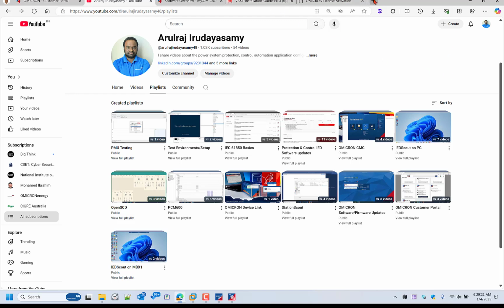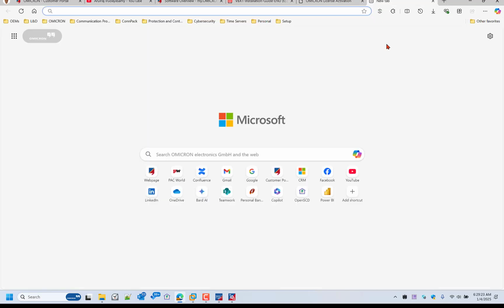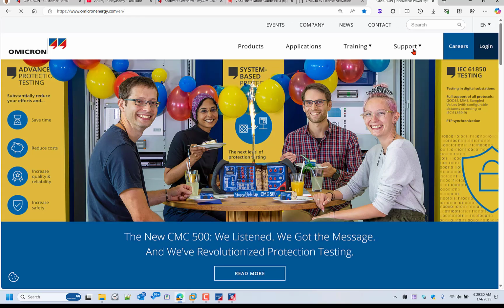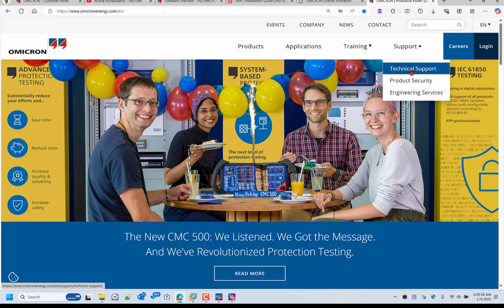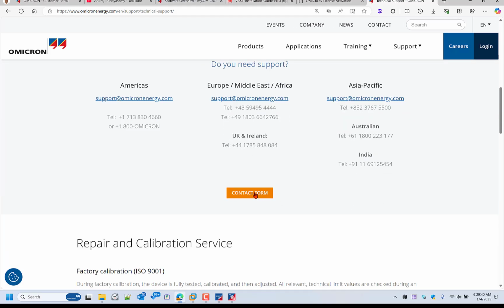If you need any support regarding the Omicron StationScout VBX license, feel free to contact Omicron Technical Support. You can click the support section on the Omicron website and then click on technical support. Then you can scroll down here to use the contact form to provide your inquiry in detail so that the right technical support team from a different region can reach you